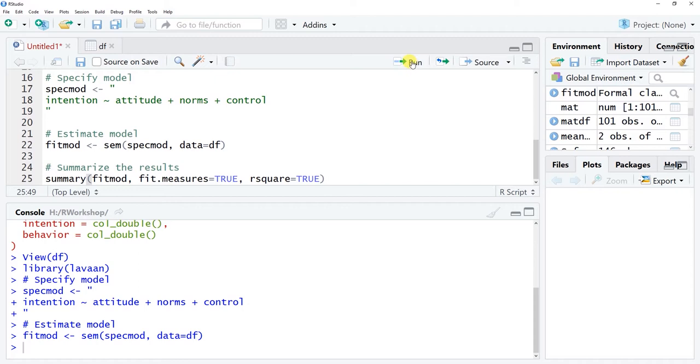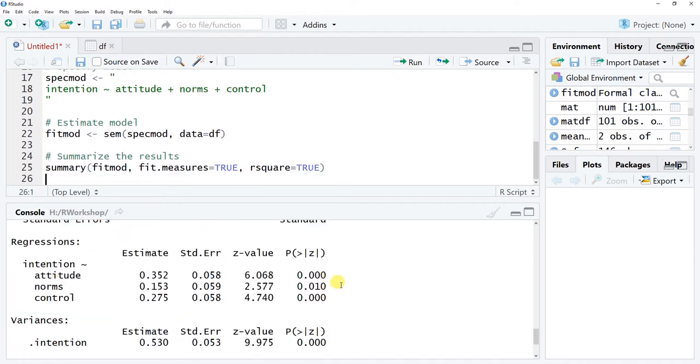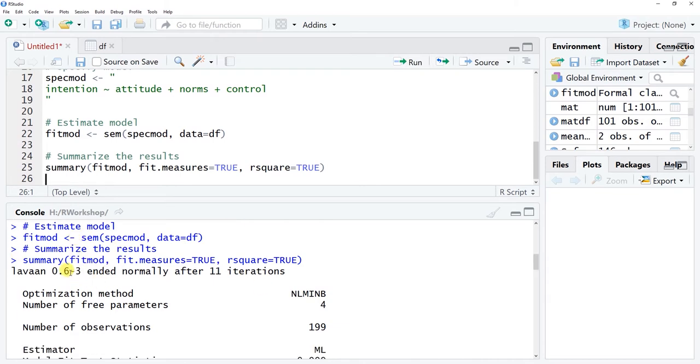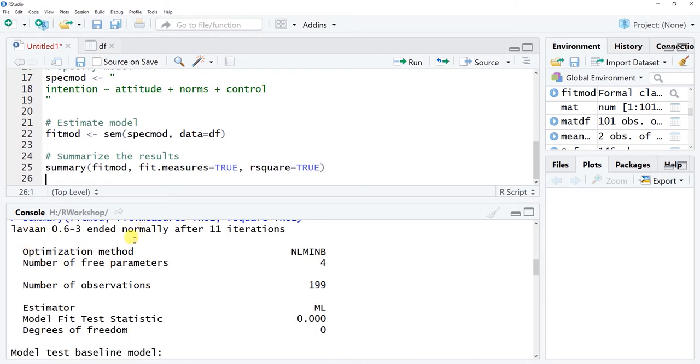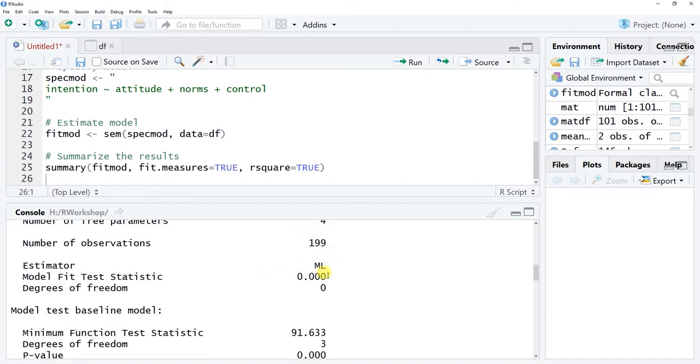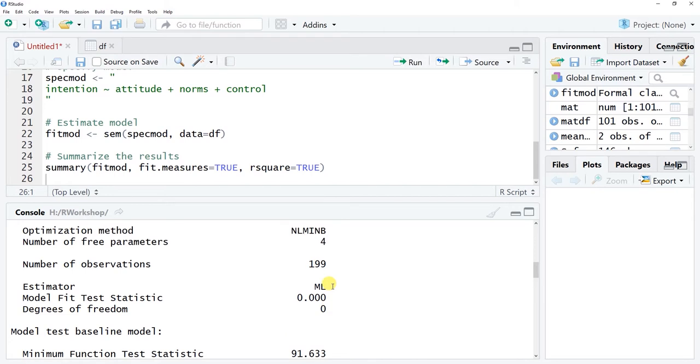All right, so if we run this line here, we will get the summary of our model. Here you see it notes the version of lavaan, and it tells us that it ended normally, so everything worked fine. It tells us the number of free parameters in our model, so 4. And then it tells us that we have 0 degrees of freedom, which indicates that this is a just identified model,